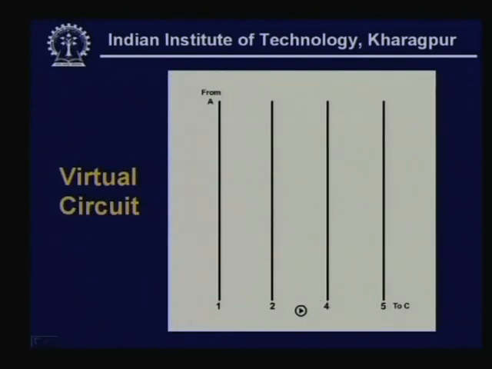Here let us see how it really works. So, from A it has to go to C through nodes 1, 2, 4 and 5. So, through the circuit switch network, as you can see, call request packets are sent, and since it is a packet, this call request packet is also stored and forwarded here. So, there will be some delay, as you can see there is some delay before call request packet is sent to the next node. Then again another call request packet goes to the next node, and ultimately the other side